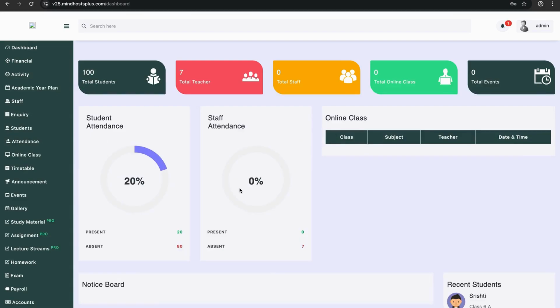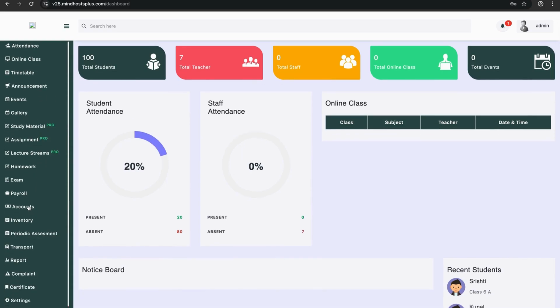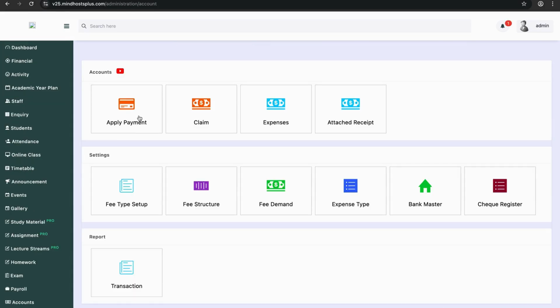Now I am explaining the apply payment. Apply payment after completing of fee structure and fee setup. We are going to do the apply payment. First, we open accounts module, select apply payment,